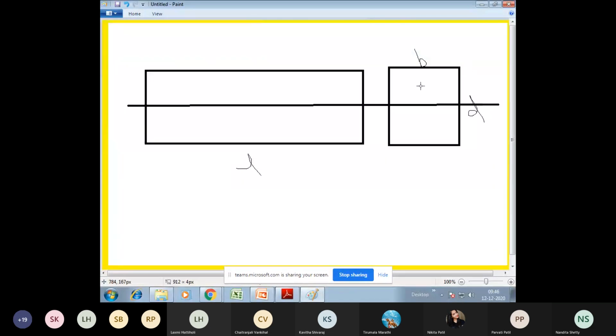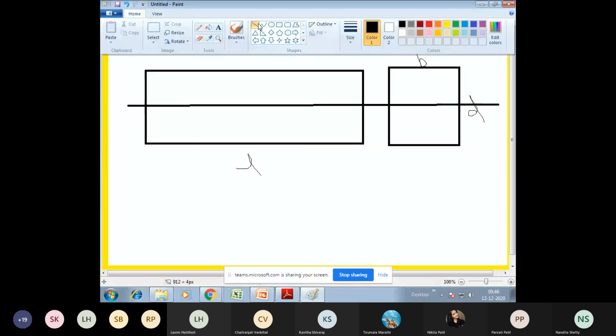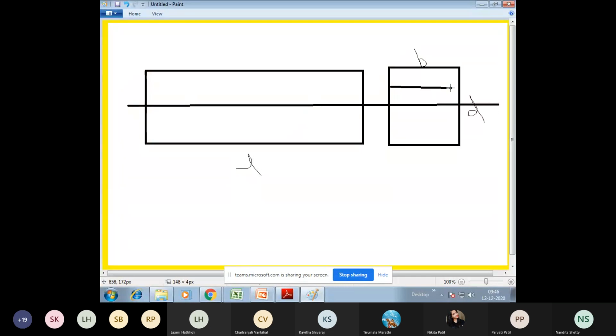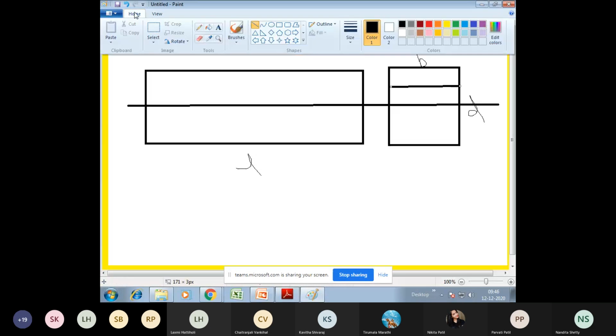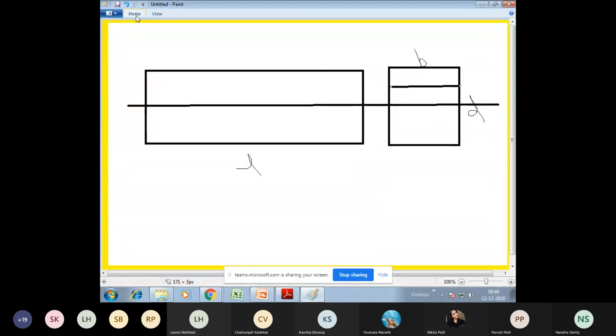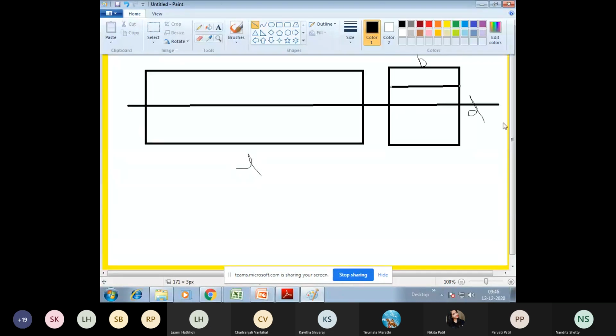Now, let me consider one fiber. This is my considered fiber CD. Now, let me explain where y bar is. Please remember this concept, as I am going to use it in my numerical examples. Before I go to y bar, first of all, remember this: always in shear stress, the top area from the considered fiber should be considered. Always remember this.